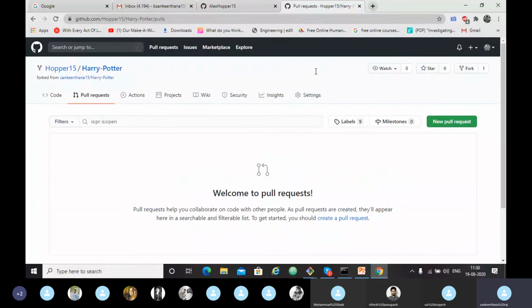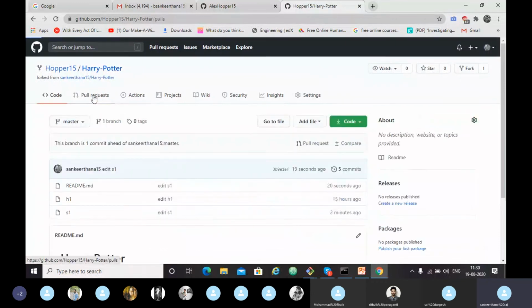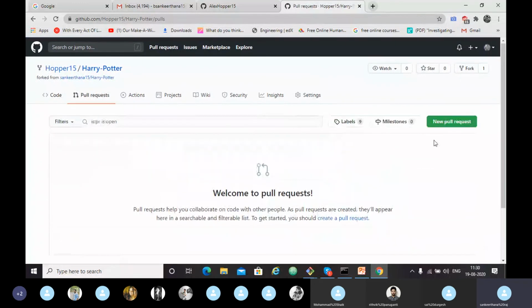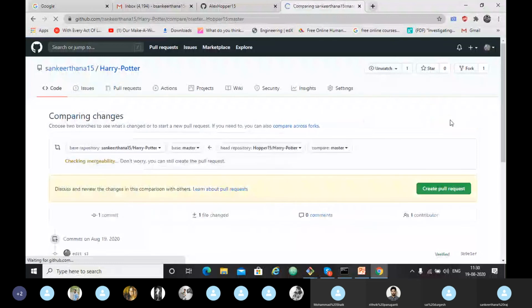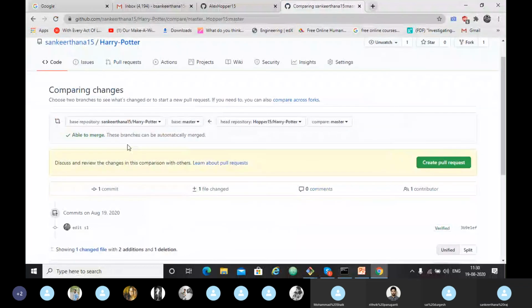You just have to click on pull request here beside code, and next click on new pull request. You can see here it is already prepared: base repository Sankirtana, head repository Hopper, master branches.